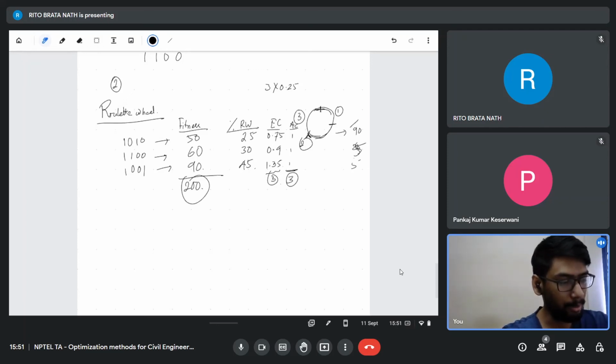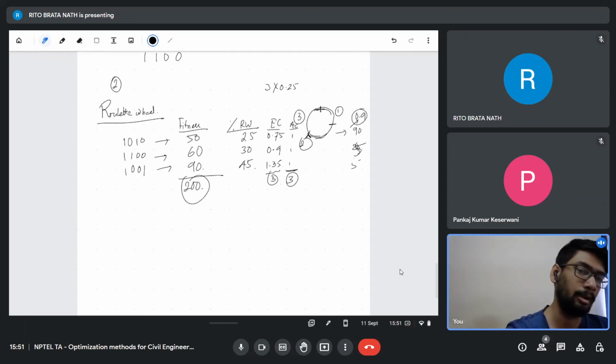So this had a probability of being picked up of 0.9. But in reality, you don't want to create all these copies of the same thing. So the solution using this roulette wheel technique will have three of this as the best solution and zero of